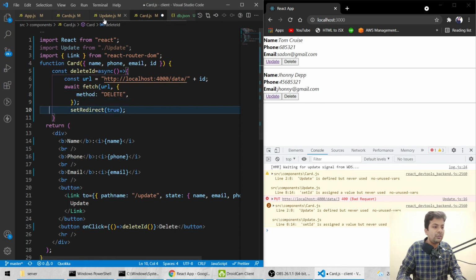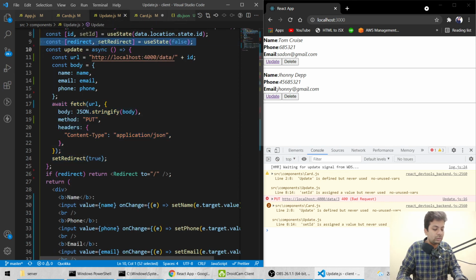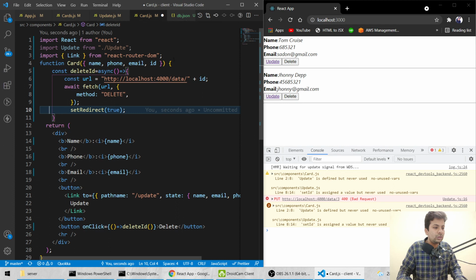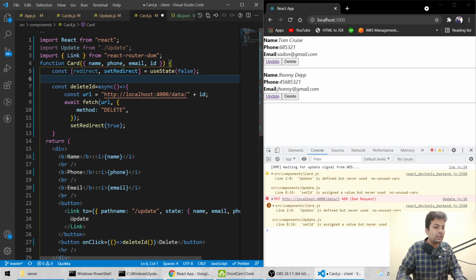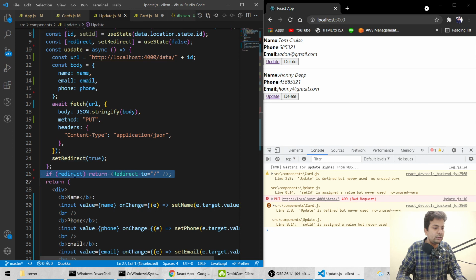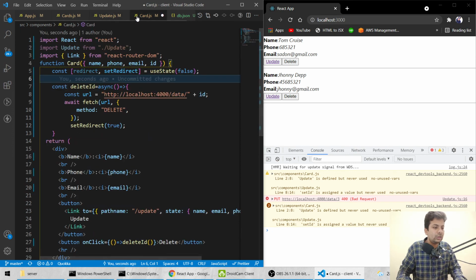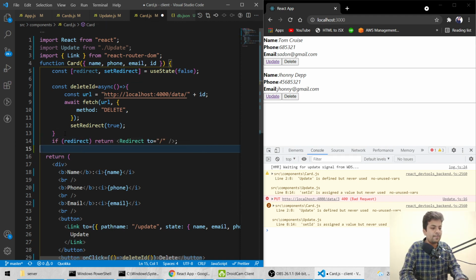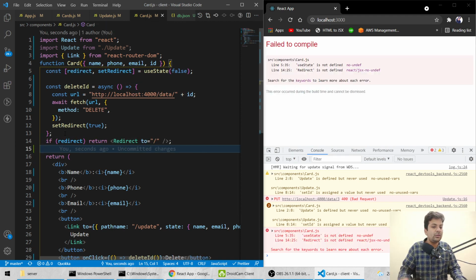And here we have to use redirect also. We'll just make a redirect, and here we'll send back the redirect also. Yeah, before return, save it.